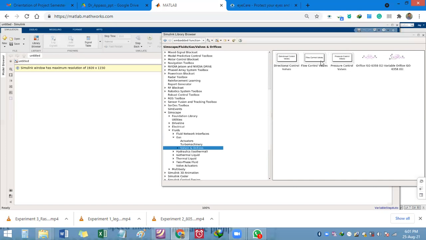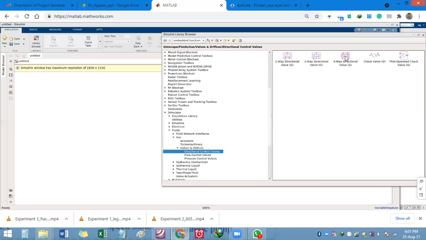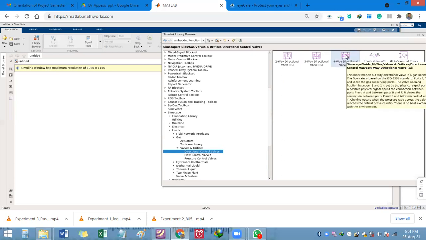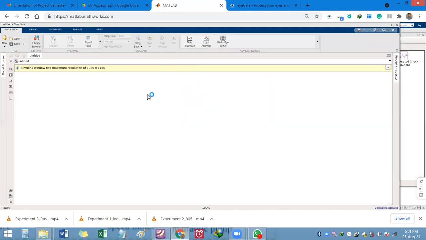Here we can see the directional control valves block. If in your system there is a 4x3 directional control valve, then you can just drag it and drop it in the Simulink window. So this is the Simulink window. Just drag and drop it here, and after dropping, you will see the block appearing in this window.